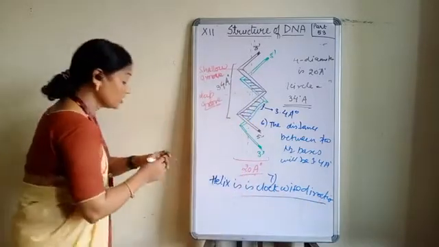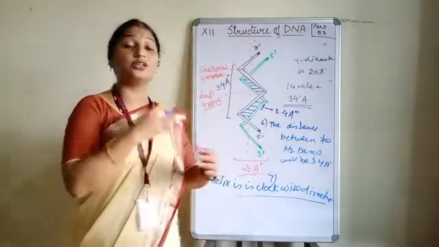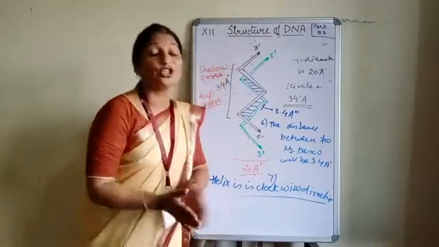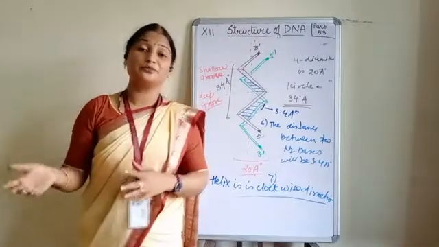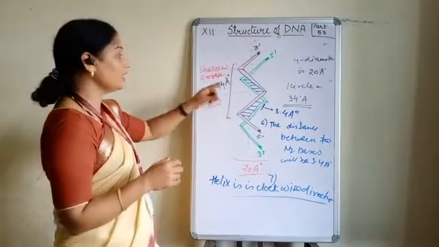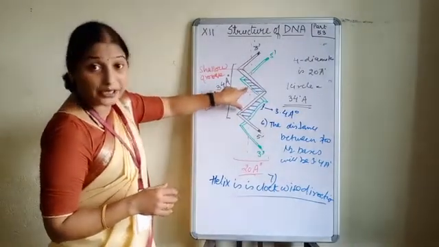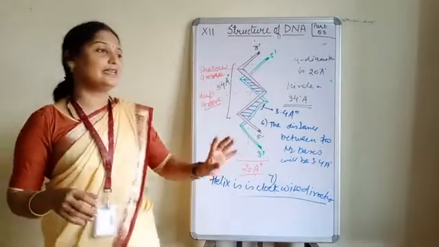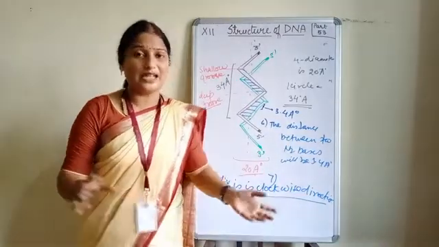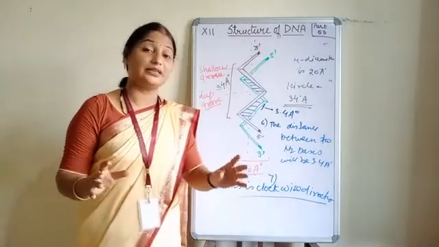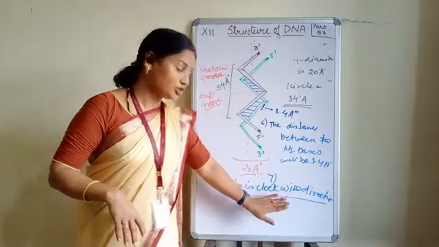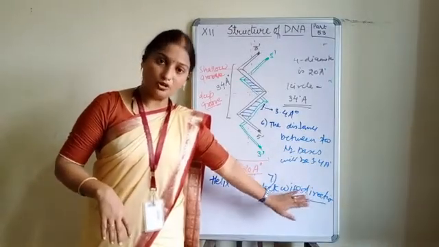Note it down, because on this basis only we can go to the different types of DNA. Although this is not part of our syllabus, actually there are 5 more different types of DNA. In some DNA we can find a total of 8 base pairs. In some of the DNA we have seen that there are 9.5 base pairs. In the third type of DNA everything is okay, 10 is okay, but the direction is anti-clockwise, but here it is clockwise. So the direction of this one will be clockwise.